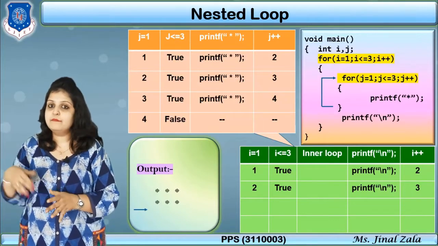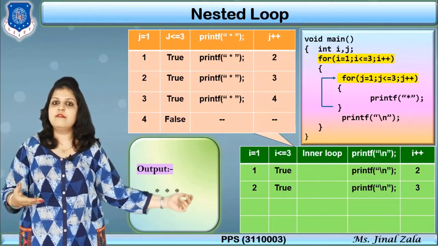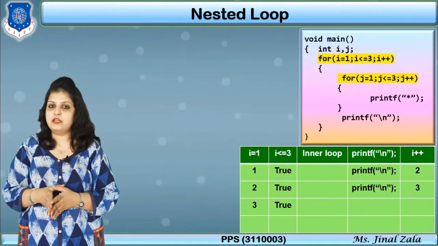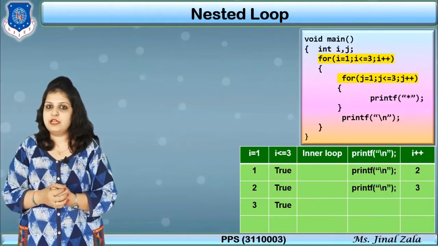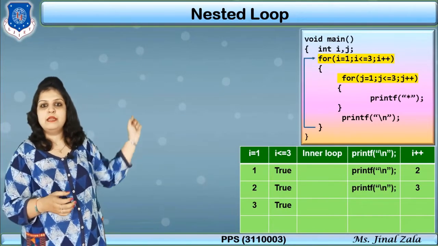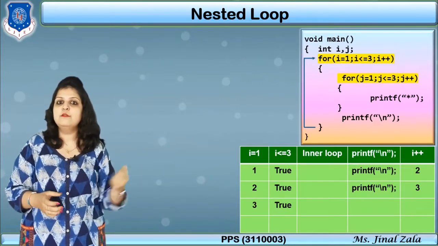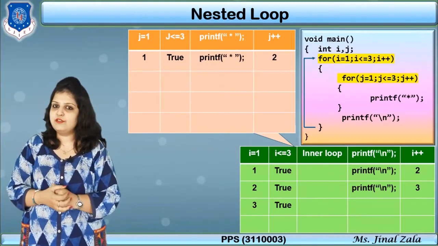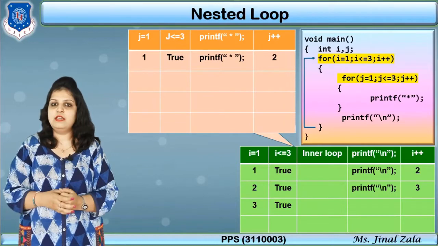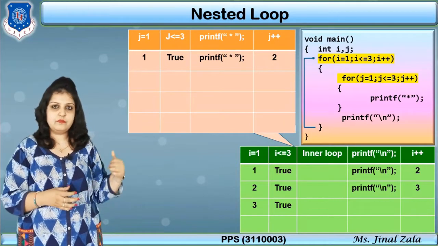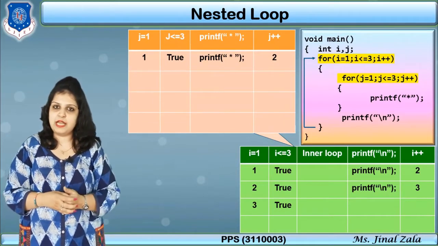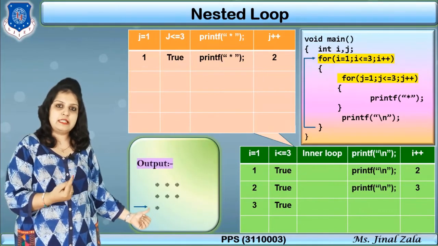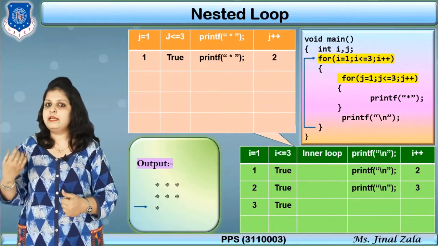Now our I becomes plus plus. So our next I will be 3. Again check the condition that 3 less or equal to 3, condition true. So again come inside the loop, and the column loop is again executed 3 times. So how? So again j is equal to 1, 1 less or equal to 3, yes. So printf star will be executed, and in the third line the first star will be printed here, and then after that